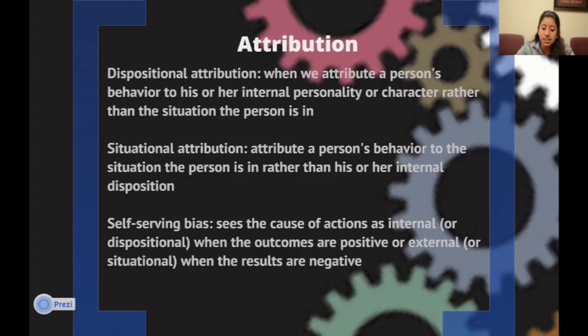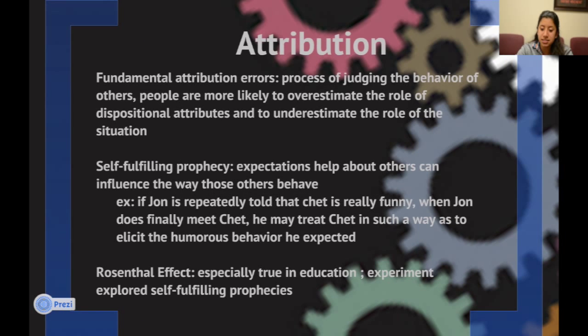So then self-serving bias sees the cause of actions as internal or dispositional when the outcomes are positive, or external or situational when the results are negative. So it's like when things are good, you might take responsibility for that, or when things go bad, you might blame it on something else, like, oh, the bus was late or some sort of situation like that. Then we have fundamental attribution error, which is the process of judging the behavior of others, and people are more likely to overestimate the role of dispositional attributes and underestimate the role of the situation. So think back to what dispositional attributes are and think about what this really means. It's pretty much saying you're judging people based on who they are and not enough